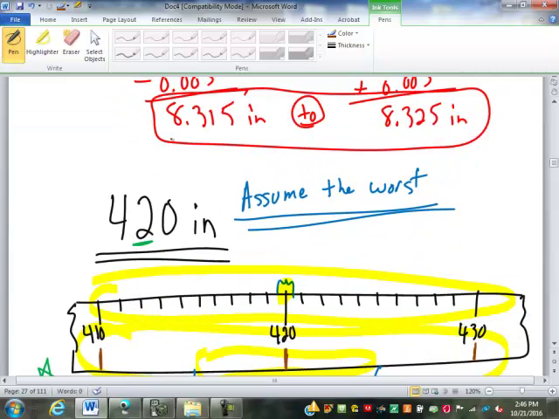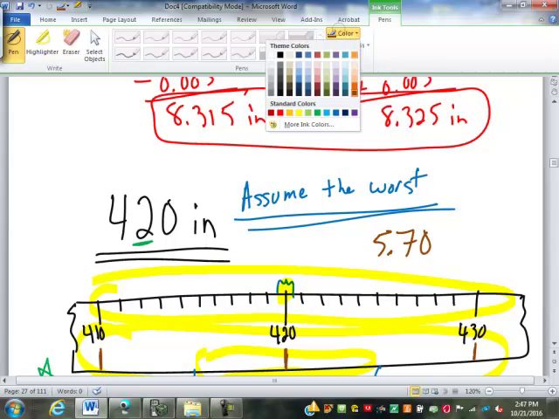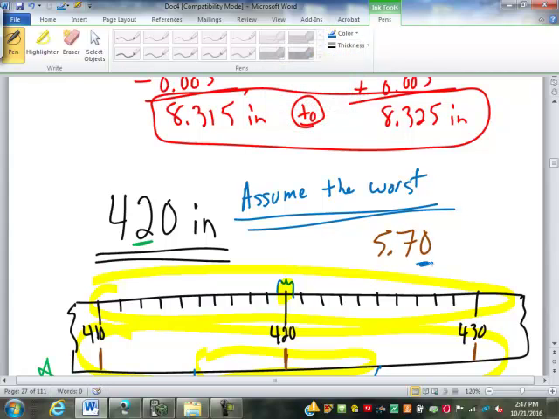But we had something like 5.70. We used this 0 as a degree of precision. Why were we able to use this 0 and not this one? Well, because this 0 is after the decimal point. And being after the decimal point, there's no reason to put that 0 on there unless it's part of our measurement. And in just a little bit, we're going to get into a discussion of something called significant digits, which